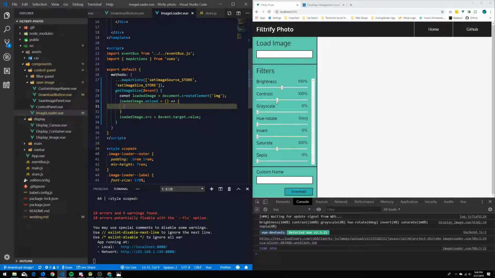We haven't worked with these in a couple episodes, so just a quick refresher: when we're mapping our actions to the methods object on this Vue instance, and we have it in a string like this, that means essentially it's as if we had it as a primary function, just like that. So we can call it just as if it were a regular method on our Vue instance,